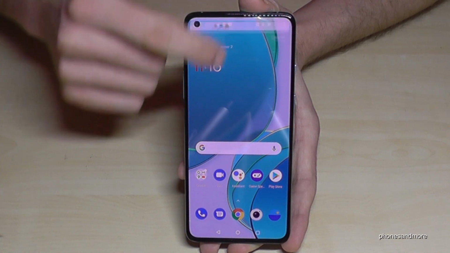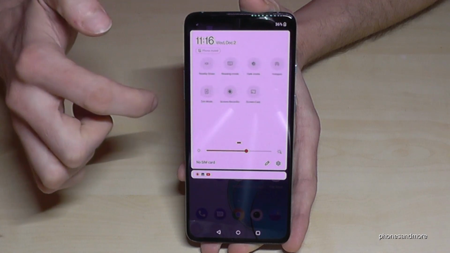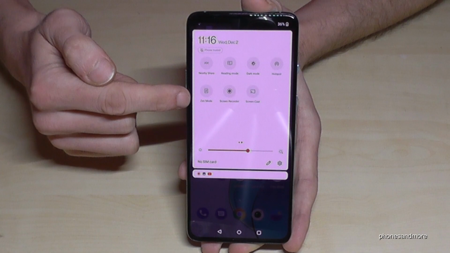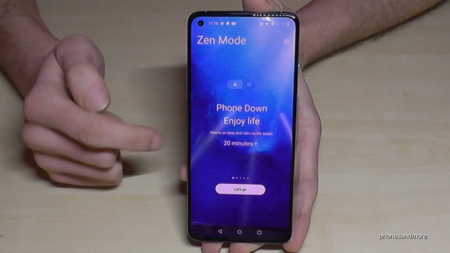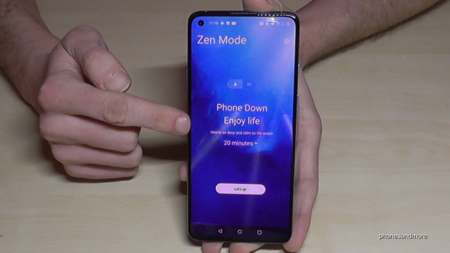So just scroll down here, scroll down a second time, and now on the second page, as we have learned, we will find the Zen mode. So if we enter the Zen mode, we can set up a time how much we want to enjoy our life and that the phone is down. So